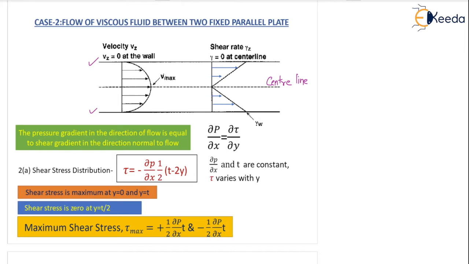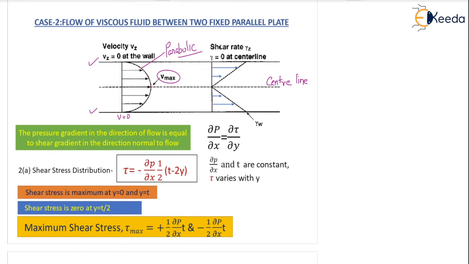First of all, you can see this is the velocity profile, and V maximum is at the center, correct? We know that at the center we have the maximum velocity and at the wall velocity is 0, almost the same as flow inside a circular pipe. So velocity Vz equals 0, where z is measured away from the wall, so z is 0 at the wall, Vz equals 0 at the wall, and the shear stress distribution is parabolic. Why it is parabolic, we are also going to see from the equation.